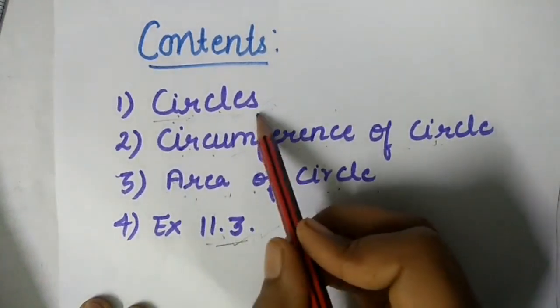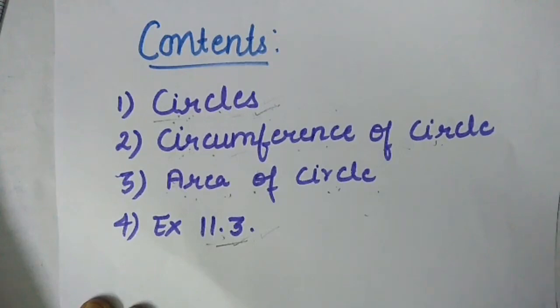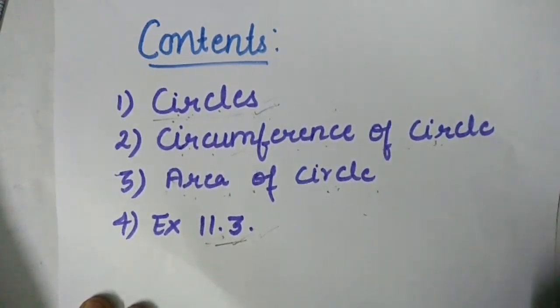Before starting this topic, let us recall the previous concepts that we have learned in lecture number 1 and 2. In lecture number 1, we started with the introduction to the chapter, and we learned how to find area and perimeter of a square and rectangle. In lecture number 2, we learned how to find the area of a parallelogram, that is given by base into height, and the area of a right angled triangle, that is half into base into height.